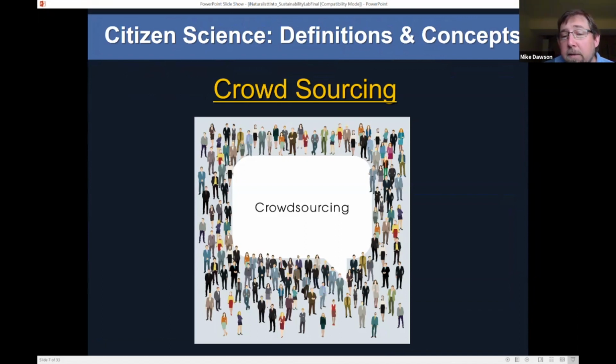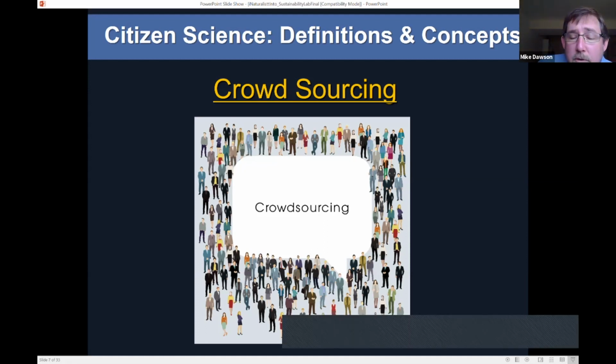a larger data set. Anytime you've ever gone on Facebook or any social media and you hit that like button or the thumbs up, that's crowdsourcing. It's collecting data from all around the world many times. And so that's one of the powerful things that iNaturalist took control of, or at least the use of, is to be able to reach out to people all around the world to use this platform. And so it's a great way to collect data, sometimes in a short snapshot or sometimes over years at a